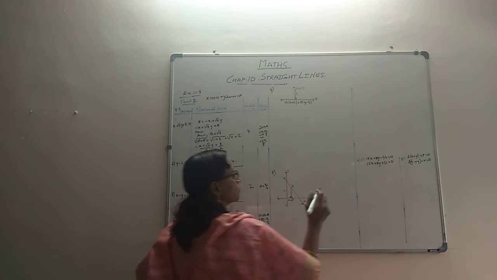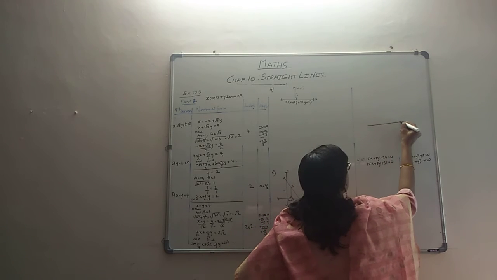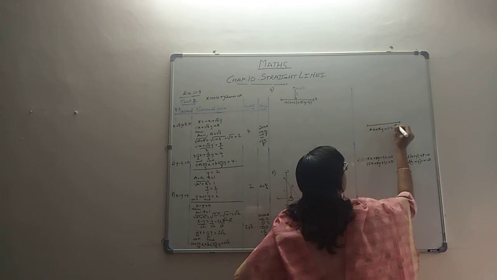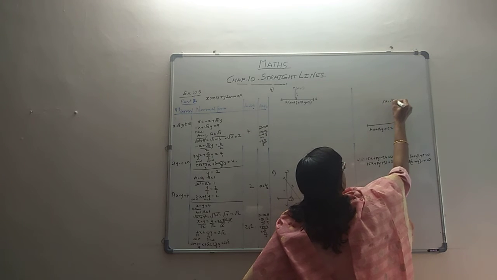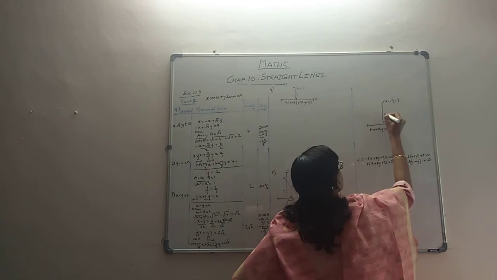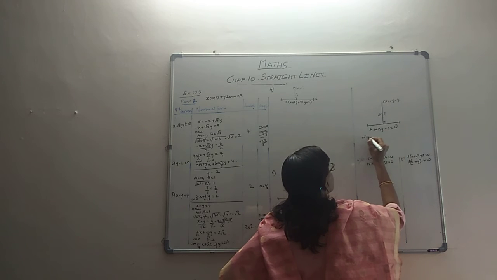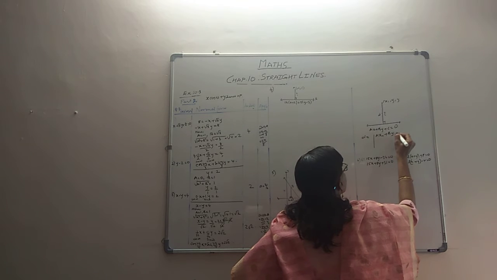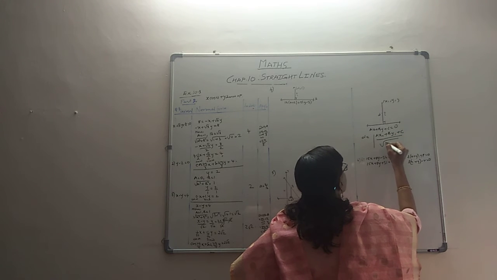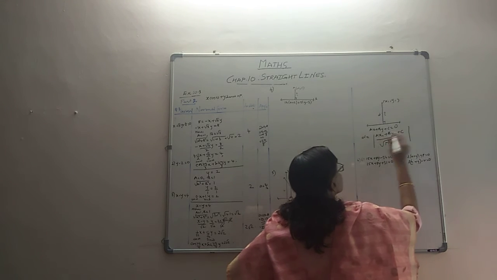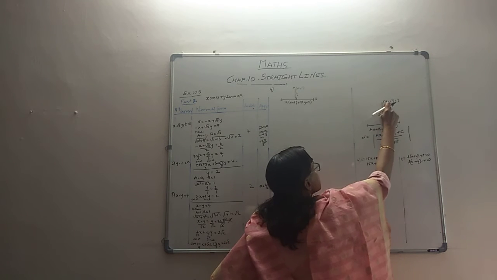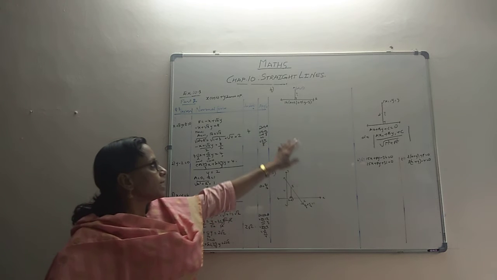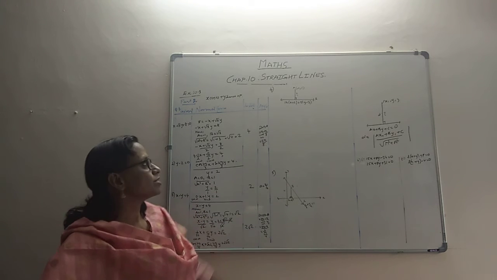I'll give you the general formula. Suppose you have a line of the equation ax plus by plus c equal to 0, and suppose there is a point (x1, y1), and they ask you this distance. The distance is given by the formula modulus of ax1 plus by1 plus c, divided by root of a squared plus b squared. We are able to understand all this. This is the same equation, but x is replaced by this, y is replaced by this. So this is a formula that by and large we will be using for these two problems. Let us see now how to do it.